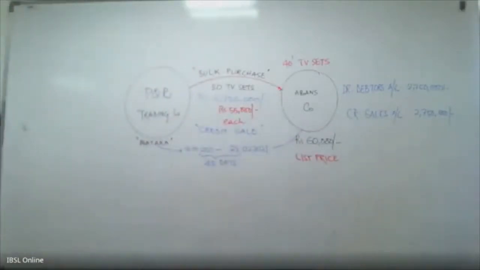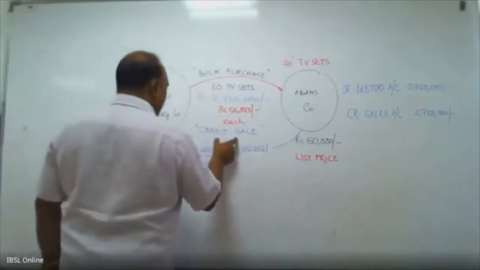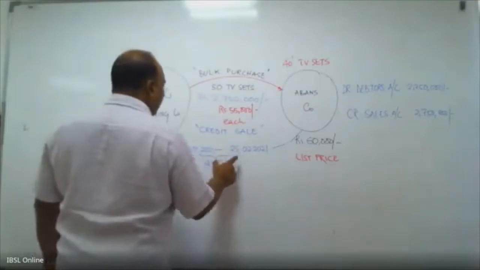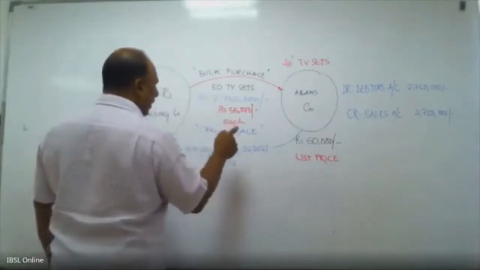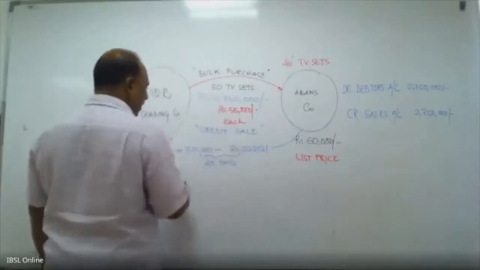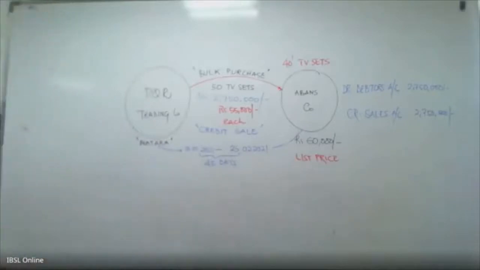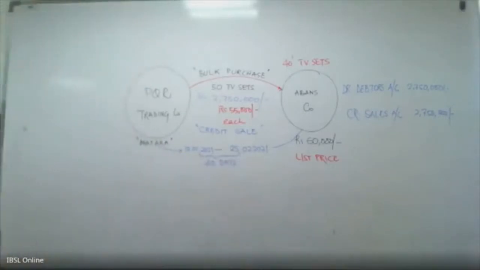The example that we are looking at now is a credit sale. The credit sale is happening on 10th of January today, and it is valid for 45 days, where PQR Trading Company agrees to pay Abans Company the 2750 within the 45 days. They can pay it at once or maybe in several payments. It doesn't matter. As long as they settle it before 25th of February, the transaction is okay.